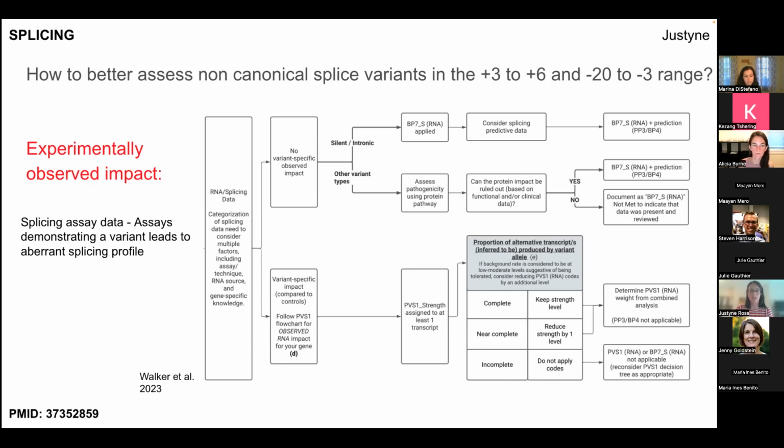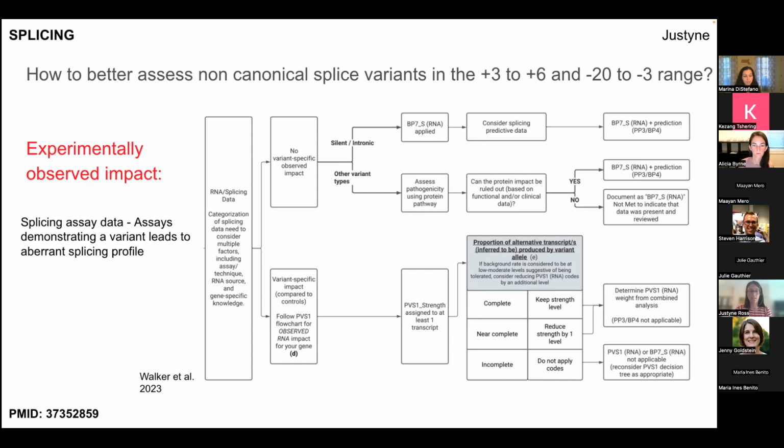If there's no specific impact observed, then you can follow this pathway for silent or intronic variants, which in this case does include the splice region. And you can apply BP7 at the strong level under the RNA category. And you can also consider this in conjunction with the prediction criteria as well. So you can use both BP7 strong as well as the appropriate PP3 or BP4. On the pathogenic side, if the variant-specific impact is found, then you can take whatever that impact is and follow just the normal PVS1 flowchart